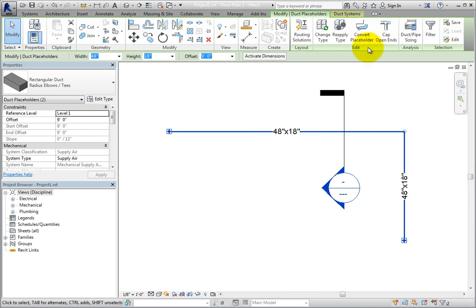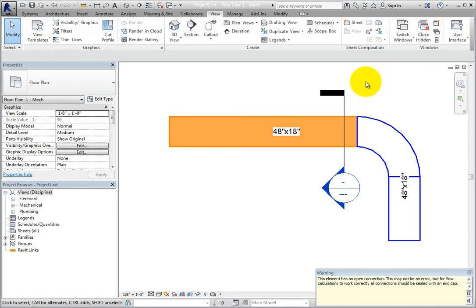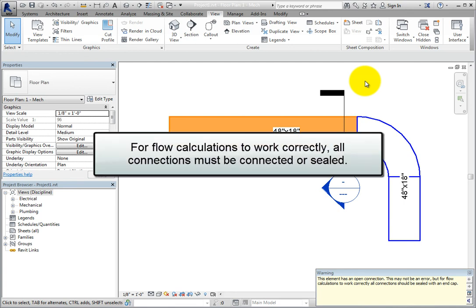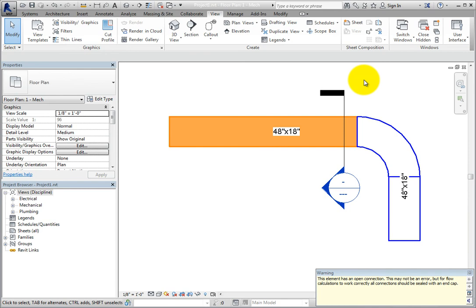choose Convert Placeholder. The duct placeholder will then convert to an actual duct element with the duct type, size, and elevation specified. A warning also appears stating that the element has an open connection. This is simply because the duct is not connected to anything and an end cap has not been placed. For flow calculations to work correctly, all connections must be connected or sealed. Click anywhere in the drawing area to dismiss the warning,